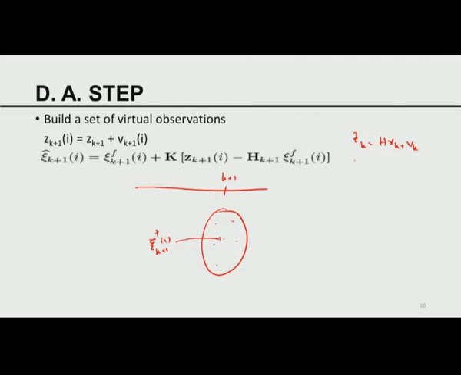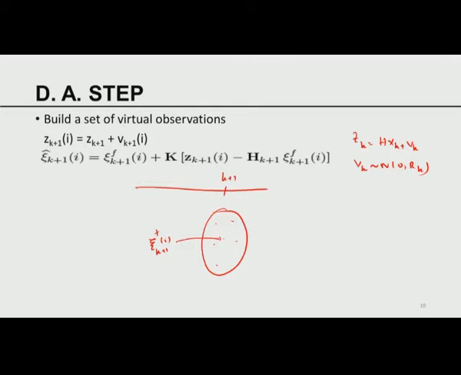But we already know v_k is normal with covariance R_k. So what is it that we need to do? I have N members, N strands of the forecast. I have only one observation. I am not going to go into the details. If you assimilate the same observation on every strand of the forecast, your analysis covariance will be underestimated. If the analysis covariance is underestimated, that will lead to divergence of the filter. Computationally, there will be major challenges and problems. So to avoid that, what do we do?